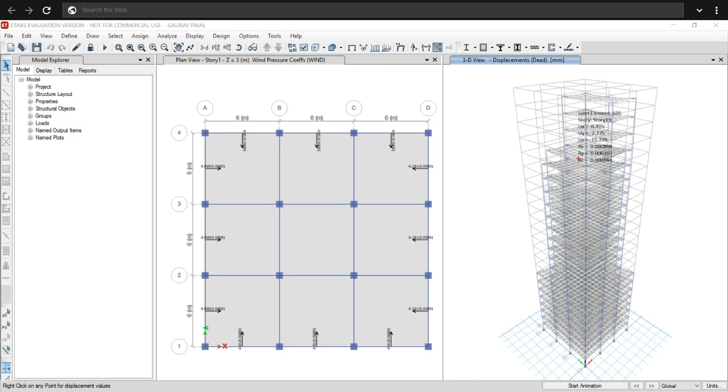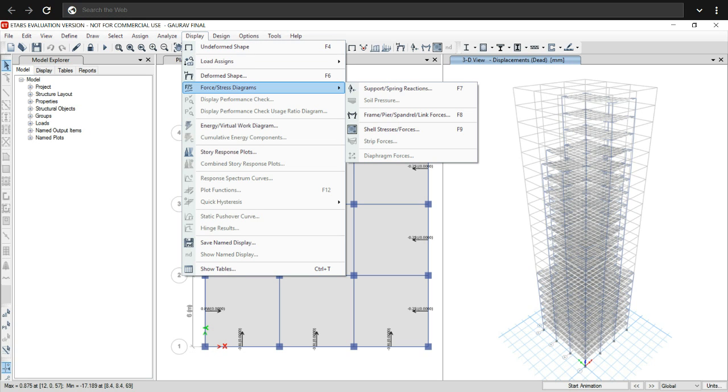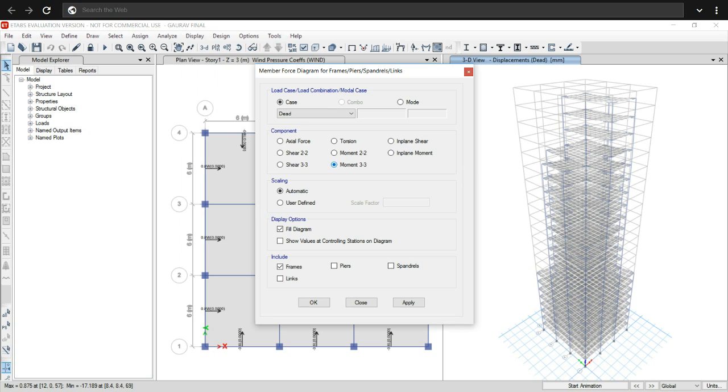Now we can see the detail of any point in the building, and also we can see the bending moment, shear stress and shell stress diagram by going display, force stress diagram, frame moment apply.